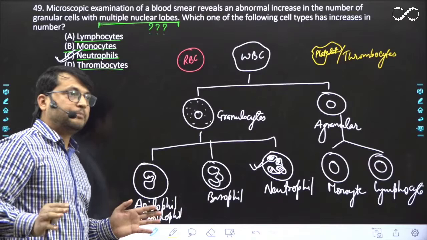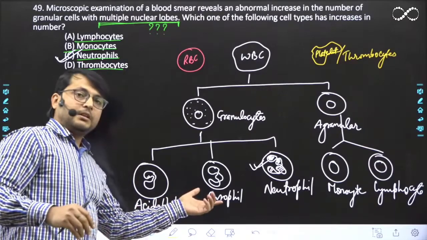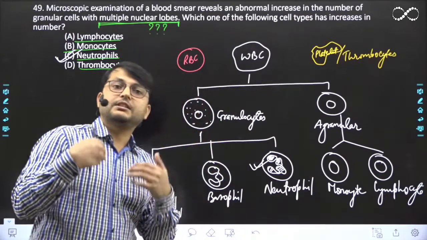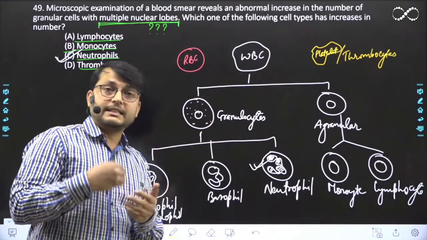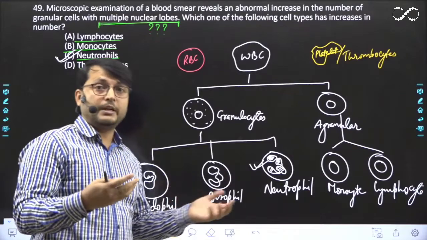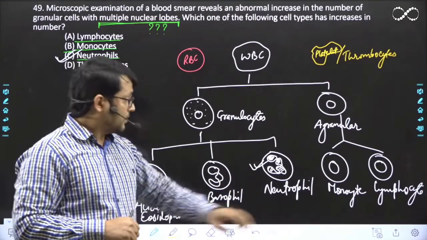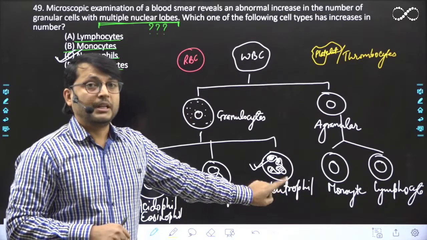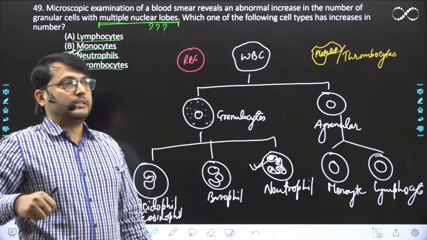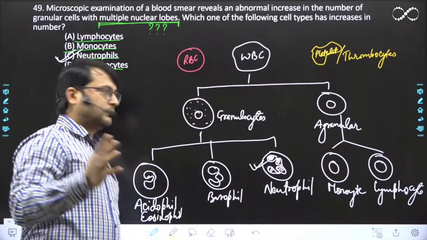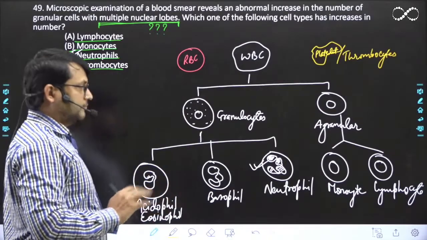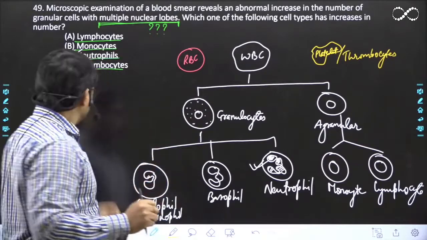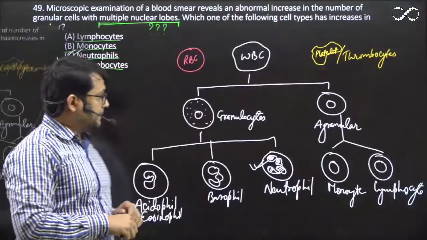Is it understandable, Sushmita? I hope that is clear now. Similarly, the cells which have granules with affinity for basic dye will get stained by the basic dye, turn blue, and they are called basophils. One that gets stained by both acidic and basic dye will appear yellow, and they are called neutrophils. Great. Basic. Clear? Great. So I hope it is now clear. Let's move to the next question.